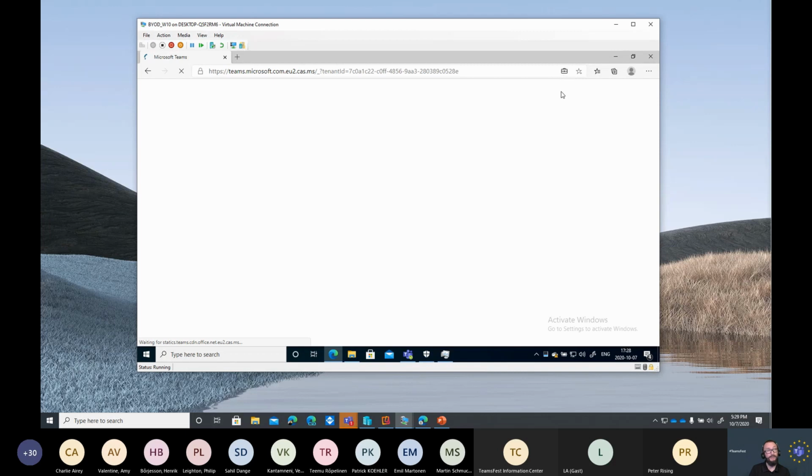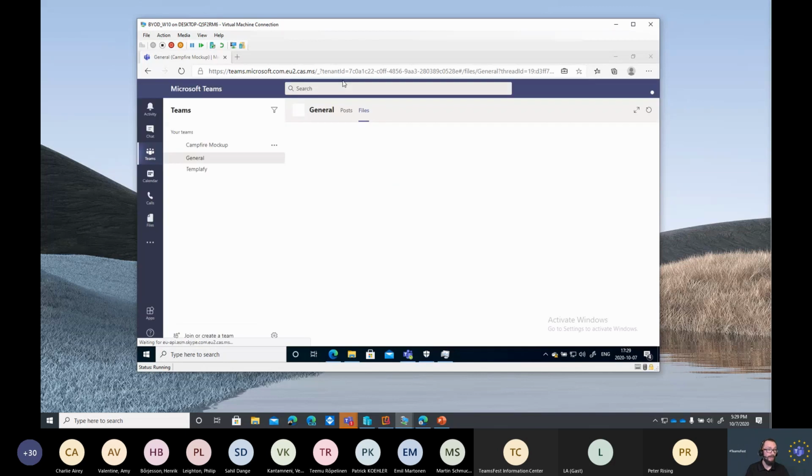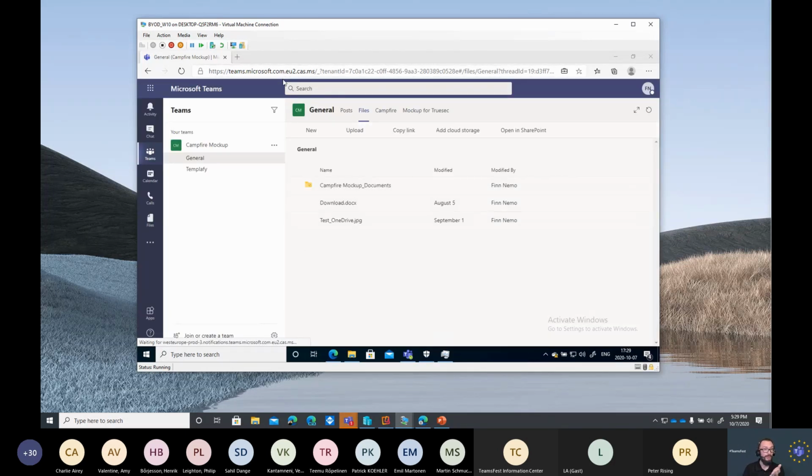And if you are implementing this feature, which is Windows Information Protection, do remember to include your MCAS URLs in this as well, since it looks at the URL, and this is not the regular teams.microsoft.com URL. So include the Teams Microsoft.com EU2 or whatever data center you end up in your URL list.